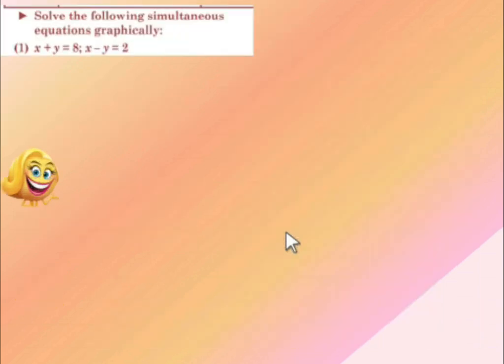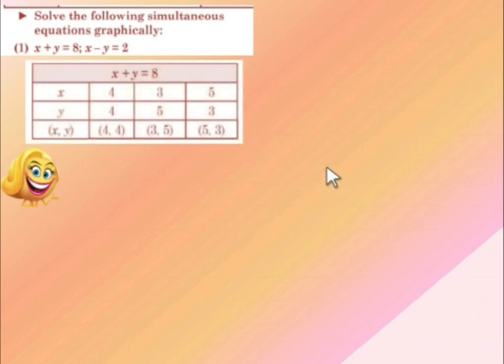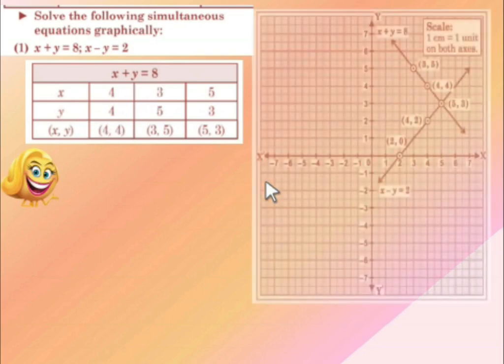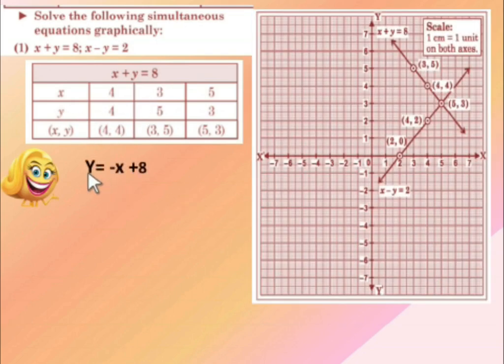Next, again the equation given to you is x plus y is equal to 8, x minus y is equal to 2. I repeat, this is the way the table is to be made. Again he has done 4 plus 4 is equal to 8. I will request you, don't do it by that method. Go by this method only. Y is equal to minus x plus 8. Now just see, be smart when you are solving. If I put x is equal to 0, my value becomes directly 8.